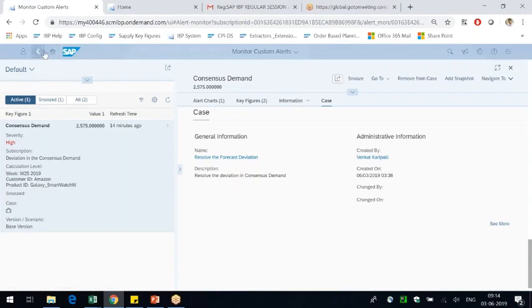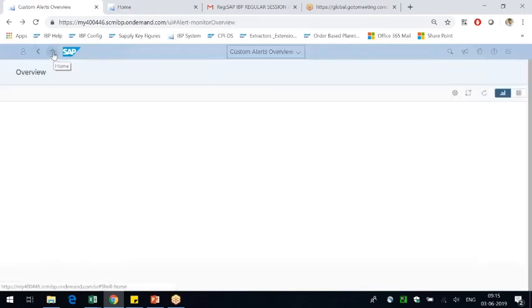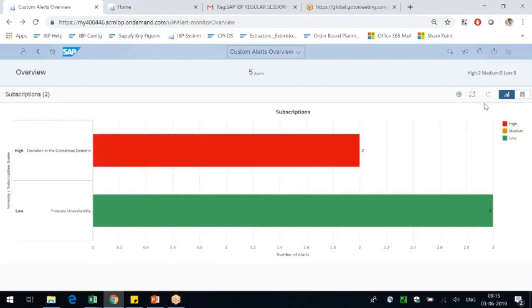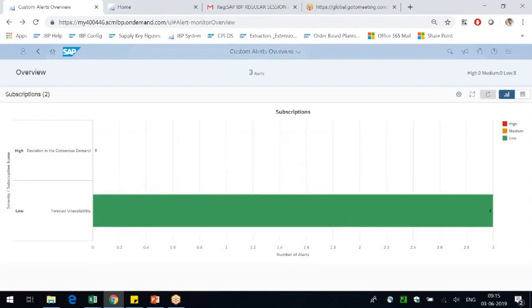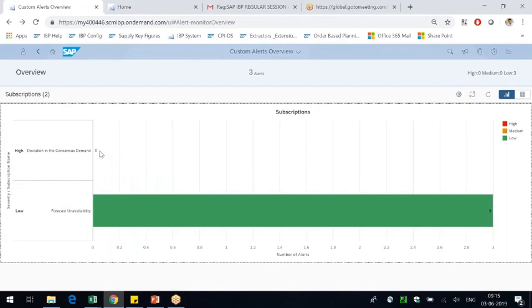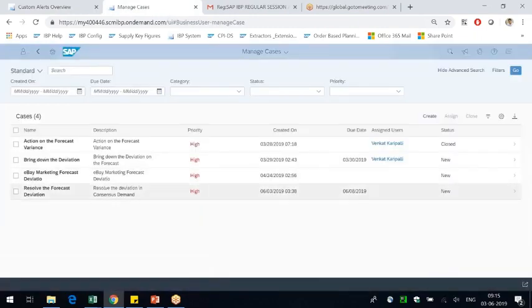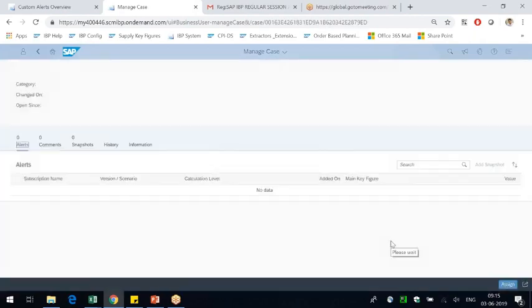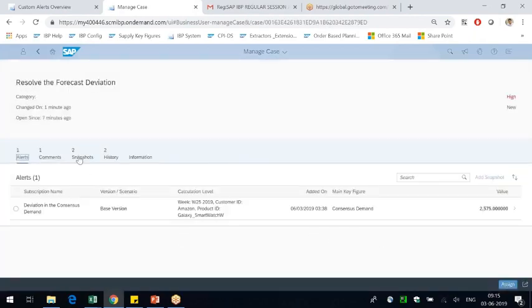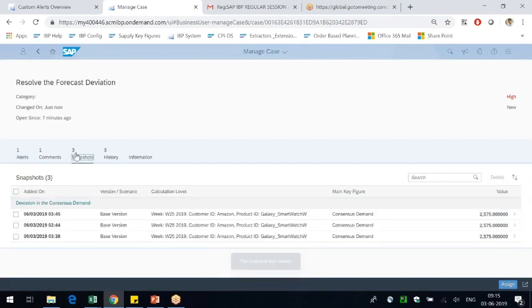So first of all, let's see, I'm on the overview page. There are two alerts. If I do a refresh, okay, these alerts are gone, which means there are no alerts now. I have fixed both places. Now if I come to the managed cases, add a snapshot. Oh, why is it showing 2560? It should be showing the